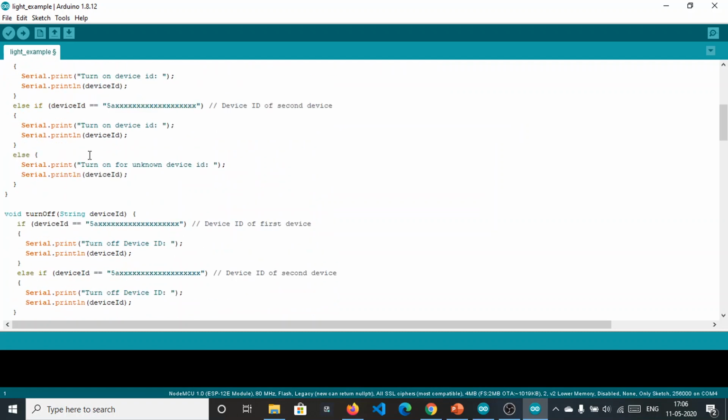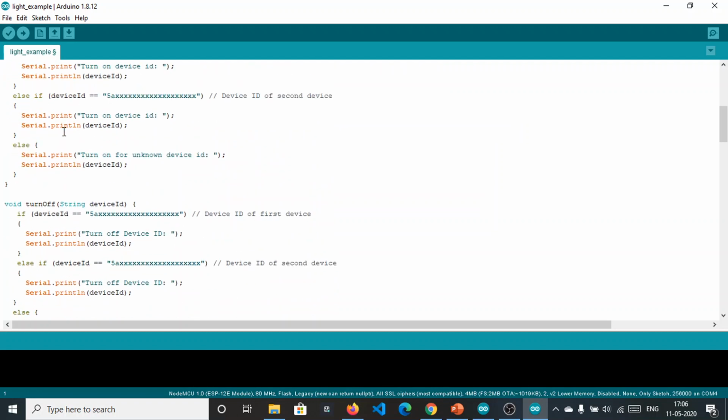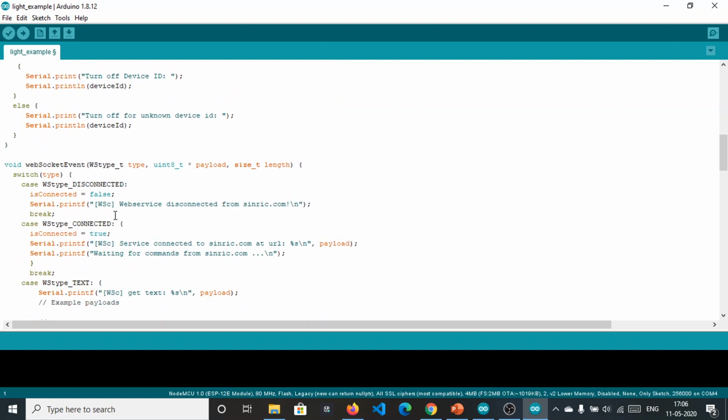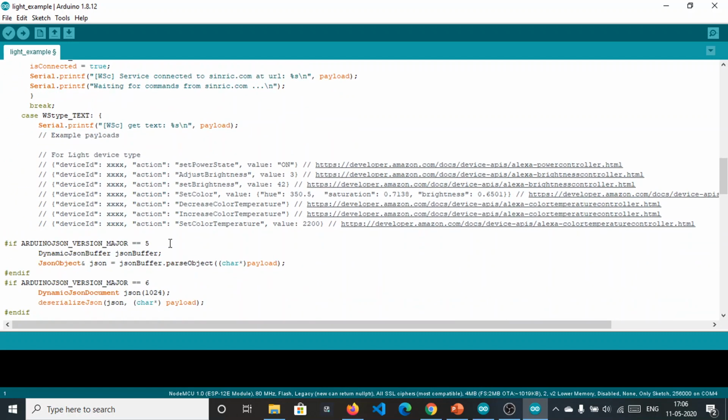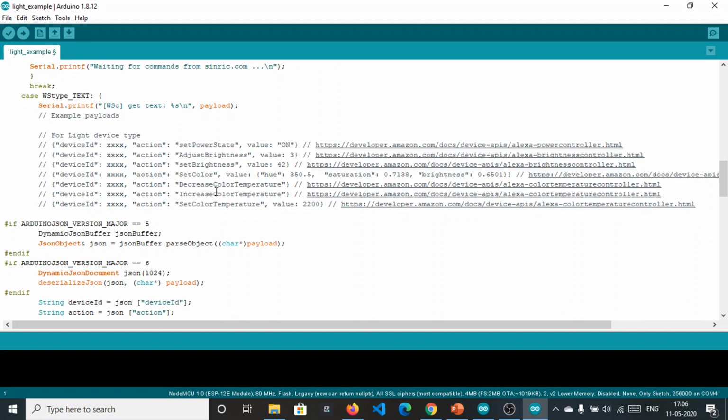And there are turn on, turn off WebSocket events. We have various WebSocket events for light: we can adjust brightness, set color, decrease color temperature, increase color temperature, and set color temperature. These are the various operations which we can perform on our normal light, our LED.